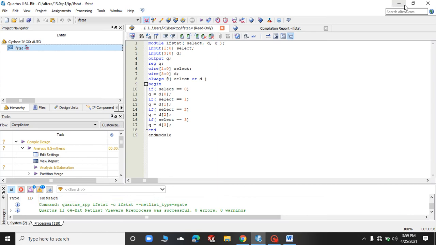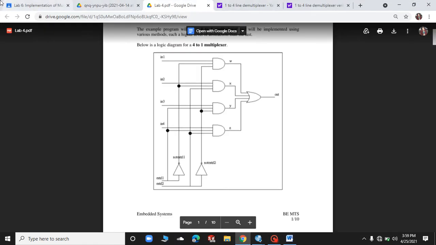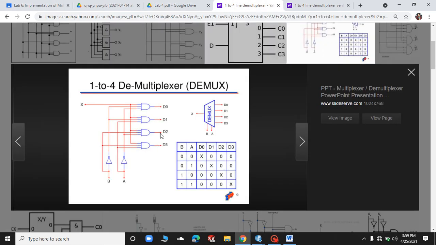Now we will be coming toward the demultiplexers. For the demultiplexers, I have chosen a circuit. This is the basic circuit for the demultiplexer, and it has the same half circuit as the multiplexer, but there is no OR gate at the output, and there is only in 1, and there is no in 2, in 3, and in 4, and the other stuff that was included in the multiplexer.